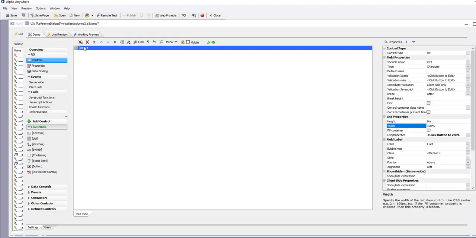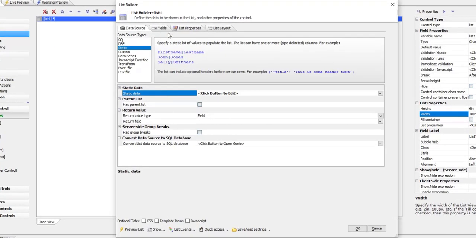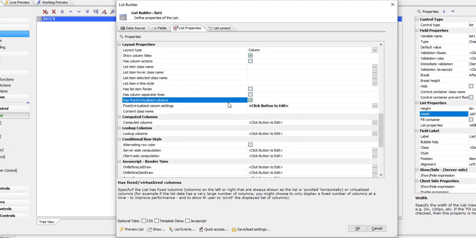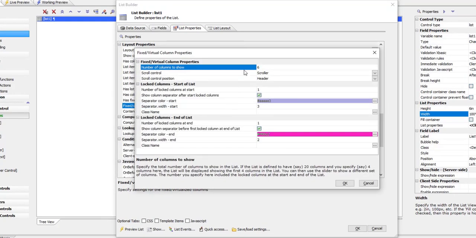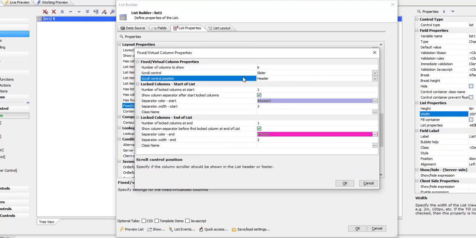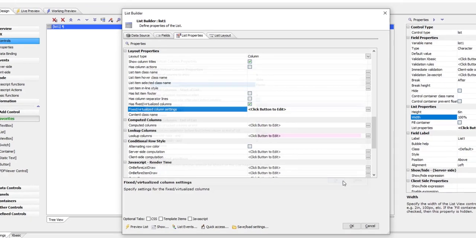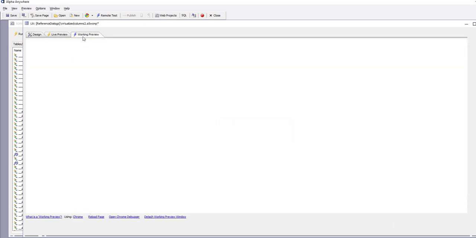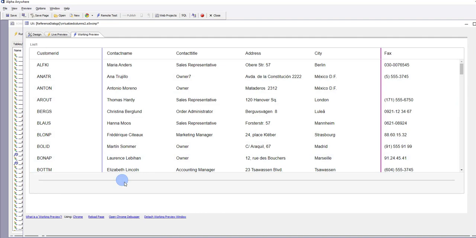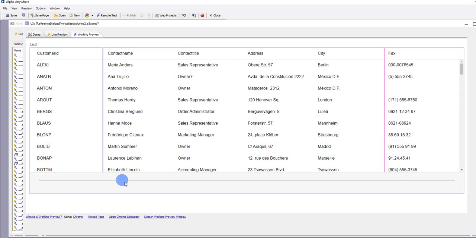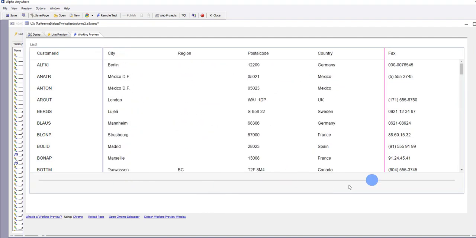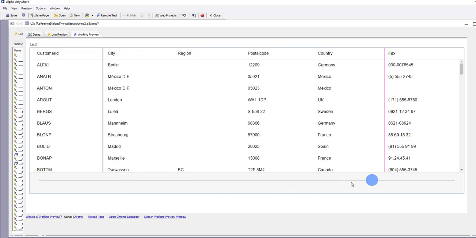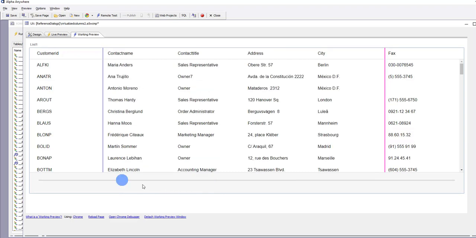So now let's go back to the list over here and go to list properties, and we'll go and change it now from a scroller to a slider, and we'll put it at the bottom. So we'll go back now and then click OK and run it. So now you can see we have a slider at the bottom of the screen. And with the slider, you don't obviously get the help text that tells you what columns will be displayed when you stop